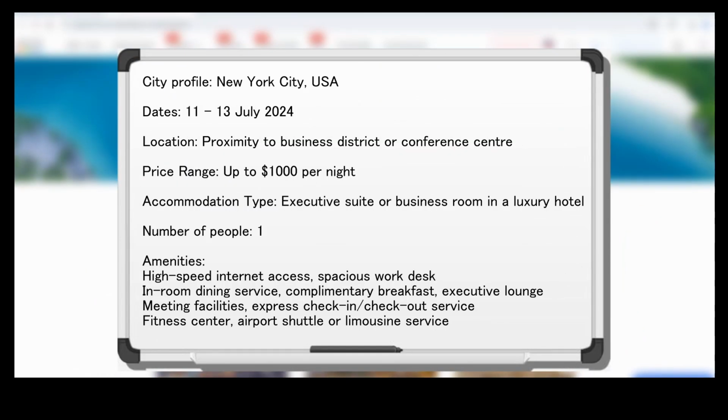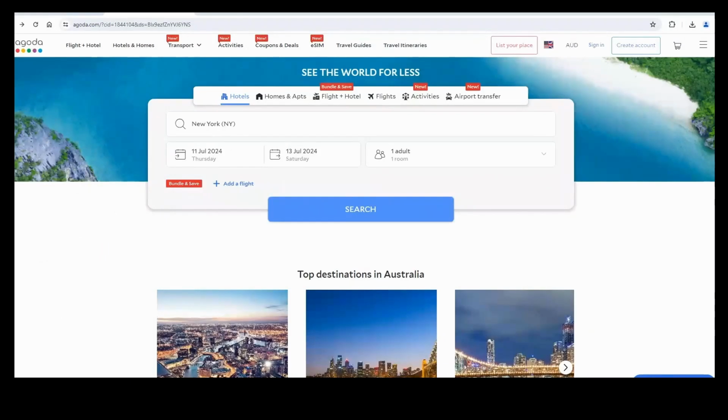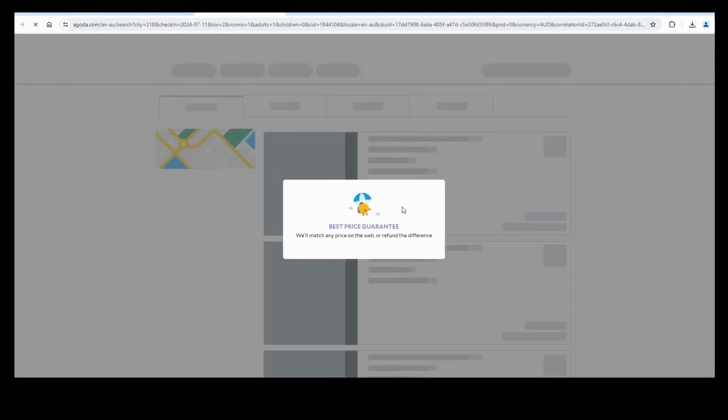Next example will be a premium hotel for a business traveler in New York, staying for 2 nights with the price range up to $1,000. Given this situation, I would want to find something very close to the financial district, so we're looking at possibly lower to mid Manhattan. We'll also need a large room with high-speed internet, work desk, in-room dining service, function room, and other meeting facilities. Gym and pool access would be nice as well. Just like before, we'll go ahead and put our selections here. New York for 2 nights and 1 person, and we'll go search.